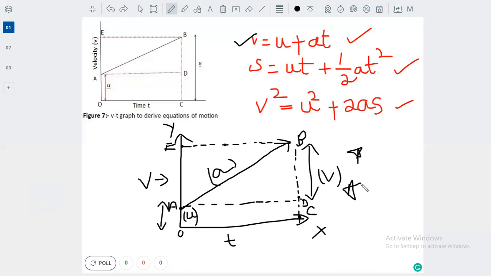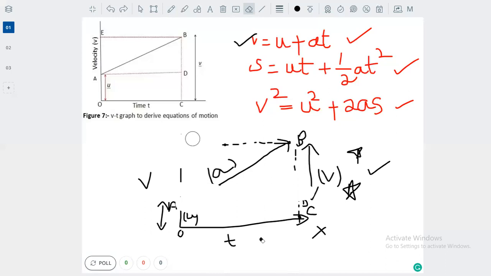During the derivation of these equations, only this one graph is going to be helpful for framing them. So let us keep this in mind and start the derivation of the equations. I hope the graph is clear to you, how the graph is obtained. Now let me clear it and I'll speak.